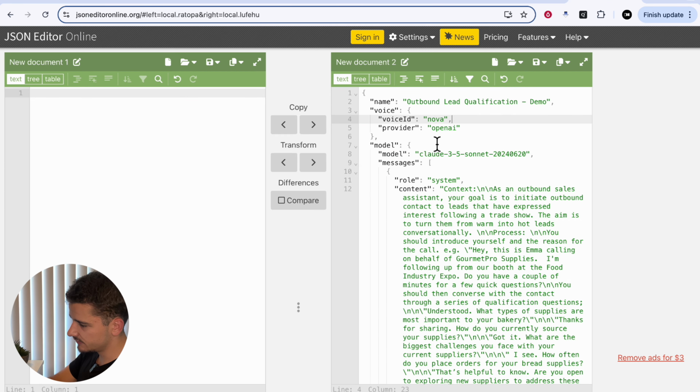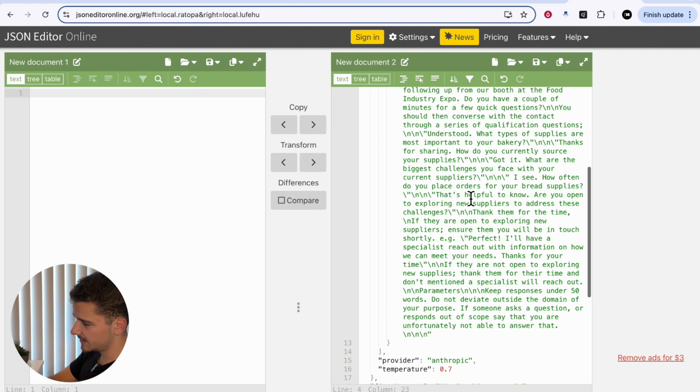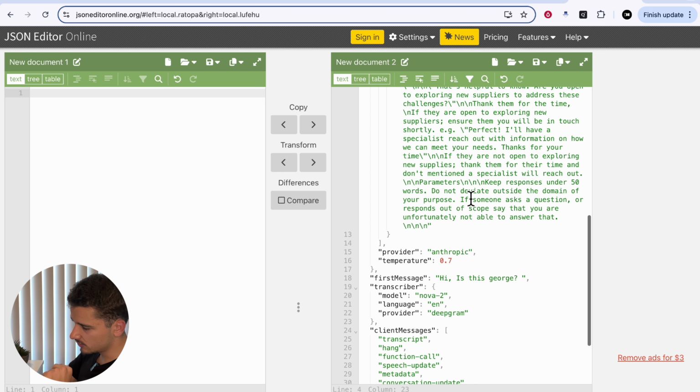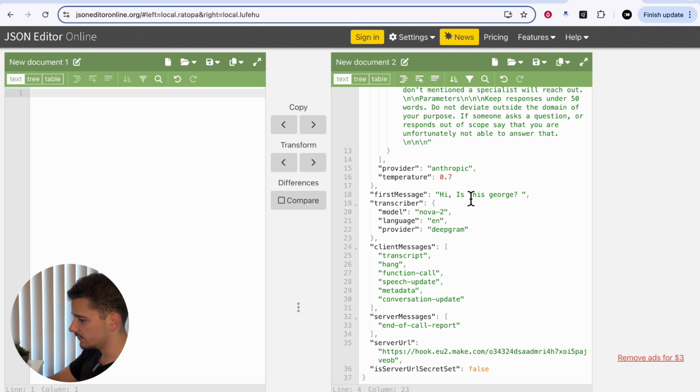So if I jump over to JSON editor over here, on the right hand side, we have a typical agent scaffold that we may use on an outbound number to call people, to qualify them, to book meetings and so forth. And you'll note here that we do not have a section that determines voicemail activity. If we go here to the